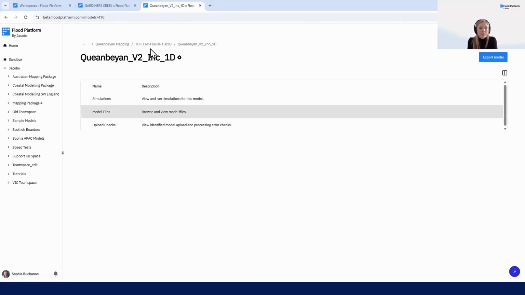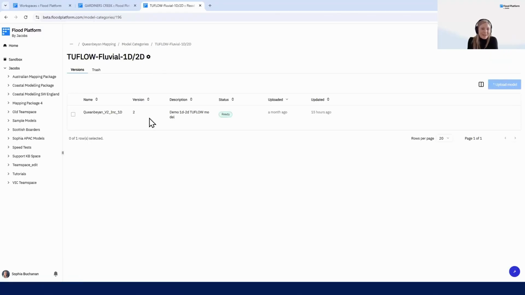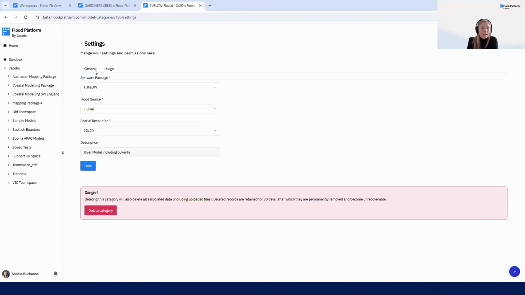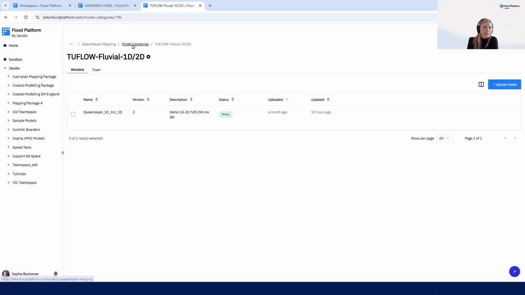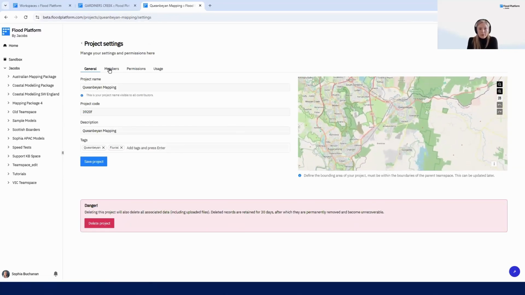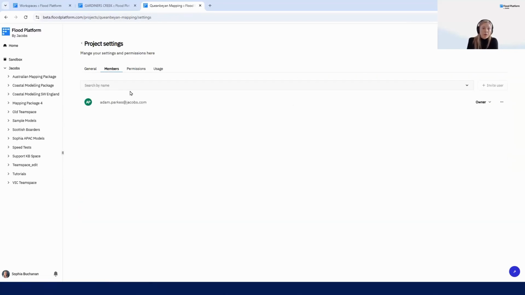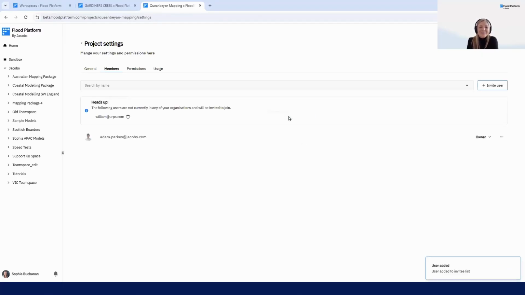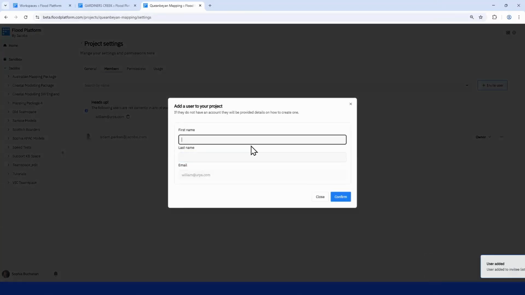So you can also go into the model. Actually, before I go there, I can go back one. So you can actually provide permissions on your models. Right. So, for example, if I was going to work with you, I can put your email address in. See how good my memory is. Is that it? Hopefully. Right, do I have, yeah, good. I can invite you here.